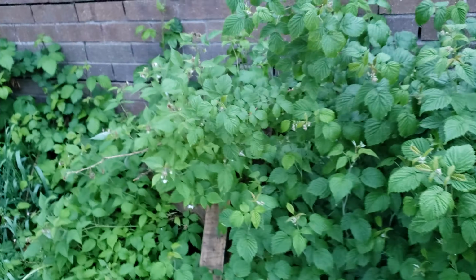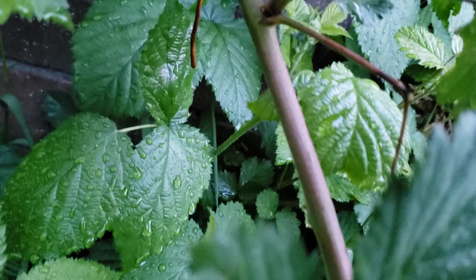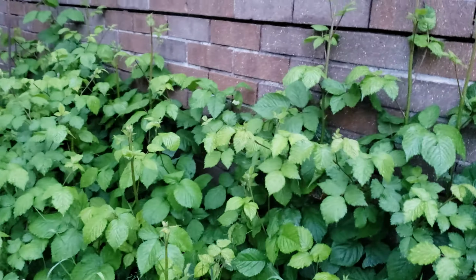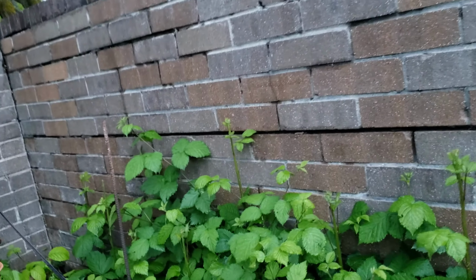Now the other thing I have that hasn't any spikes or spines are the blackberries, and I lucked out on those. Look at that. Not a single thing to stab your hand with on that stuff. And it is just wonderful. I really appreciate that. And I have way more blackberries than I did last year, and I need to clean